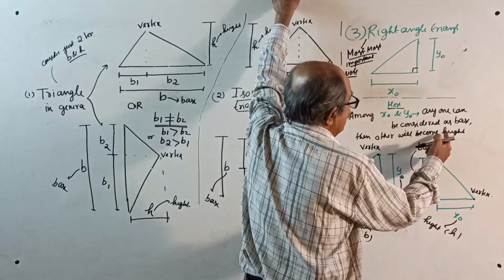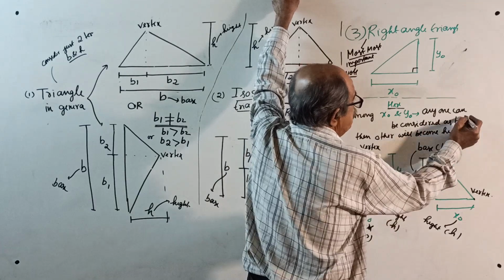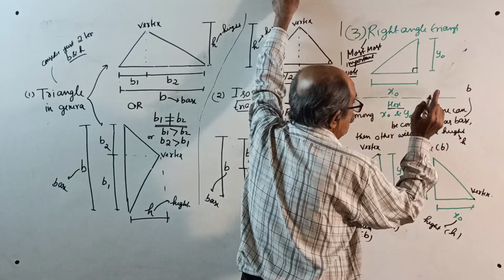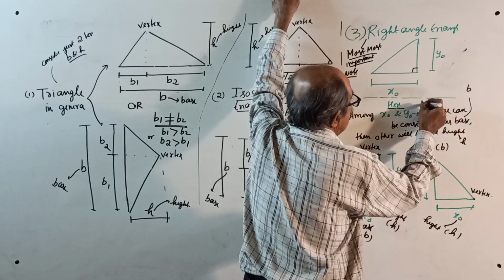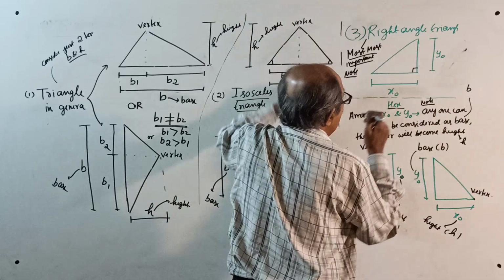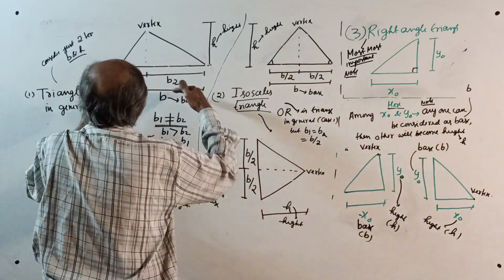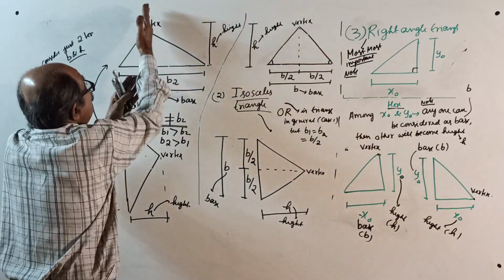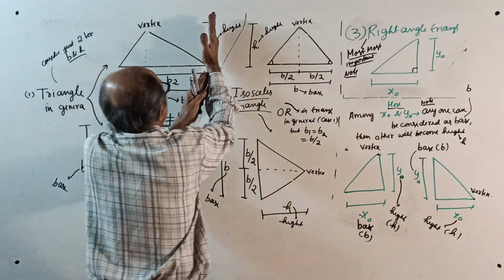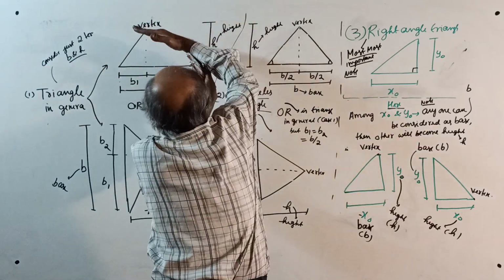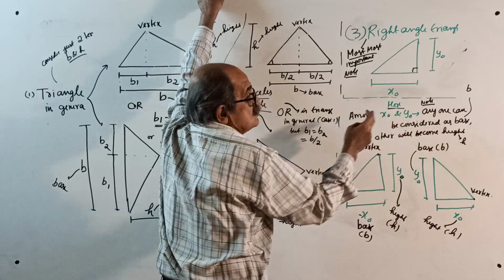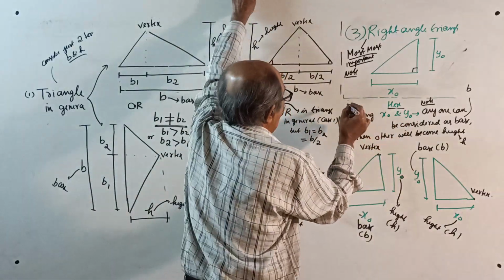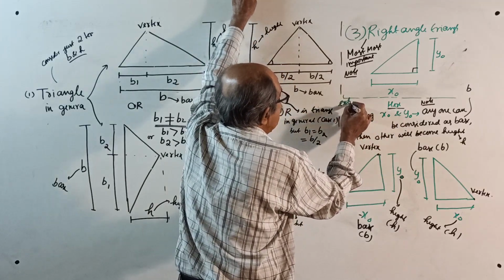Any one can be considered as base, that is, B, and then the other will become height H. But make a note here, this is not valid for these two, because if this is the base, this is the height. This is not the base. See here, this is not the base. It is this way. So this special provision or extra liberty